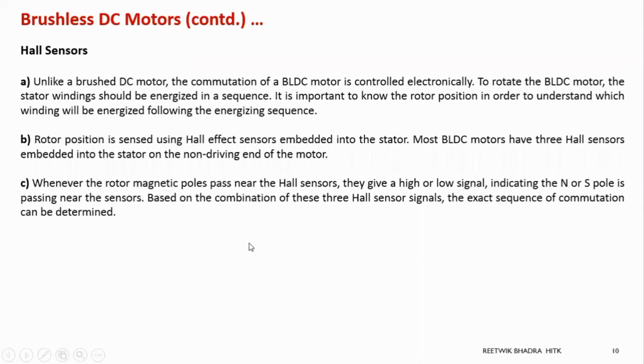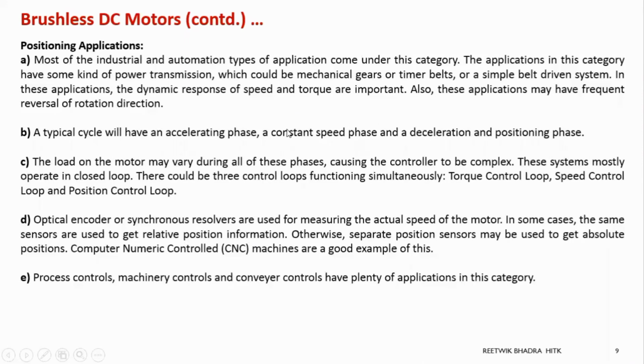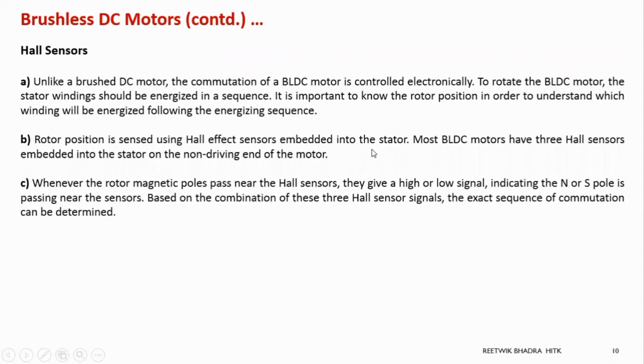The next very important thing is that we need to produce a gating pulse for our switches so that they get turned on and off at some particular instant, so that we can have control of the output voltage. Because we need positioning control, we need acceleration, deacceleration, all these things are needed. So that's why we need to sense the output, very important. So that's why we need a Hall sensor. So you know that commutation of BLDC is done electronically. To rotate the BLDC motor, the stator windings must be energized in a sequence, obviously, and how that should be energized is according to the data sensed by our Hall sensor.